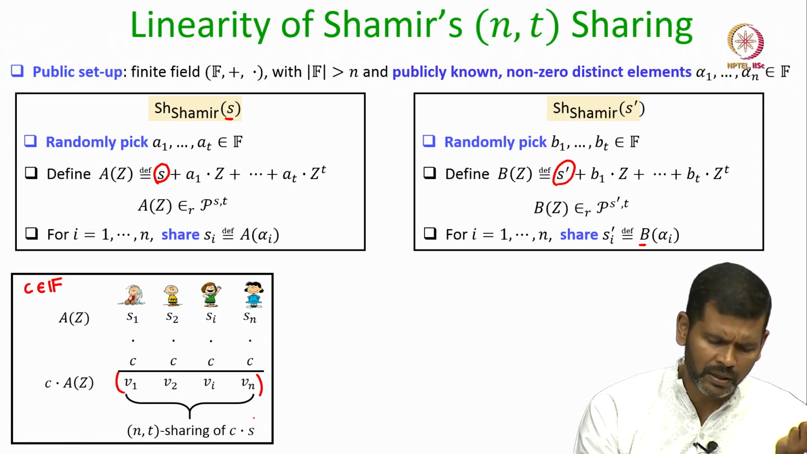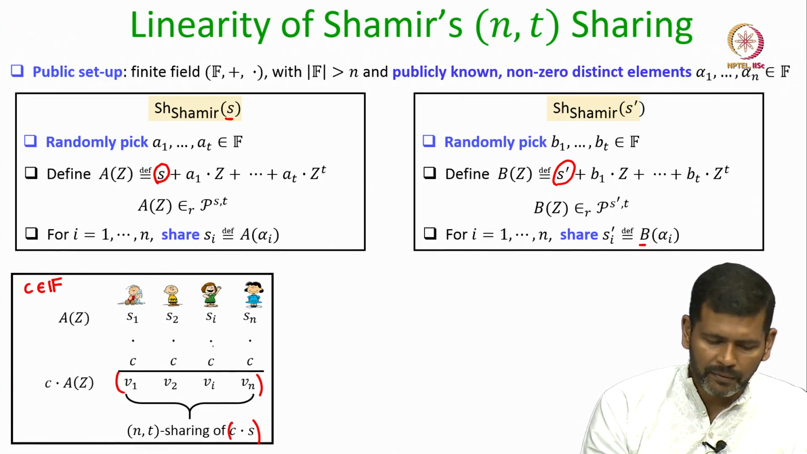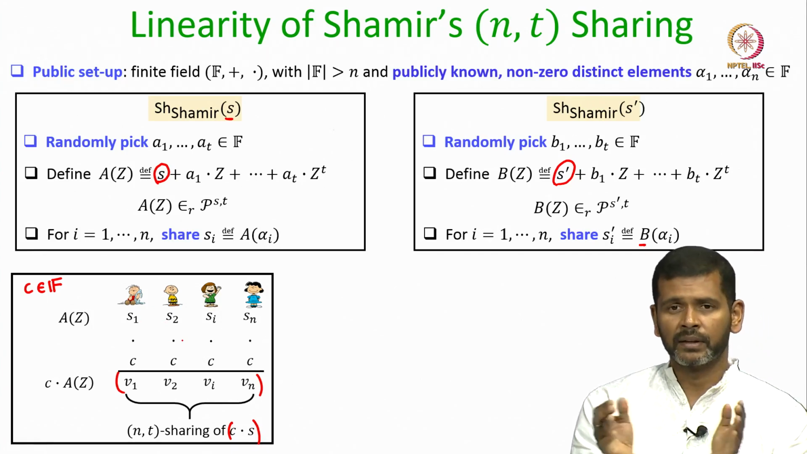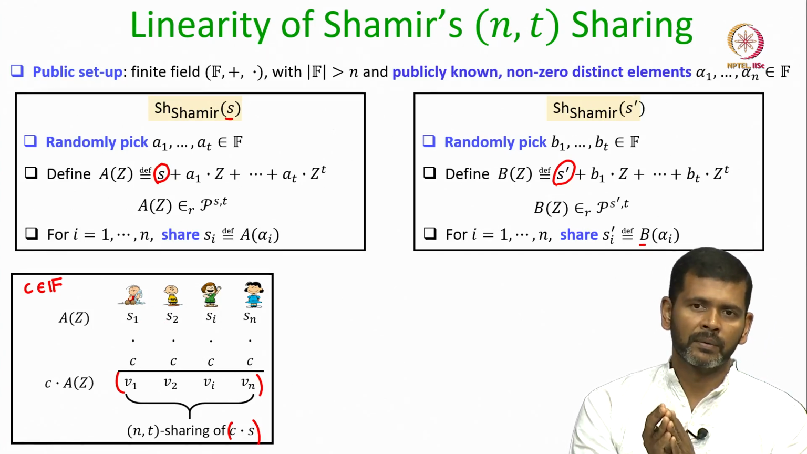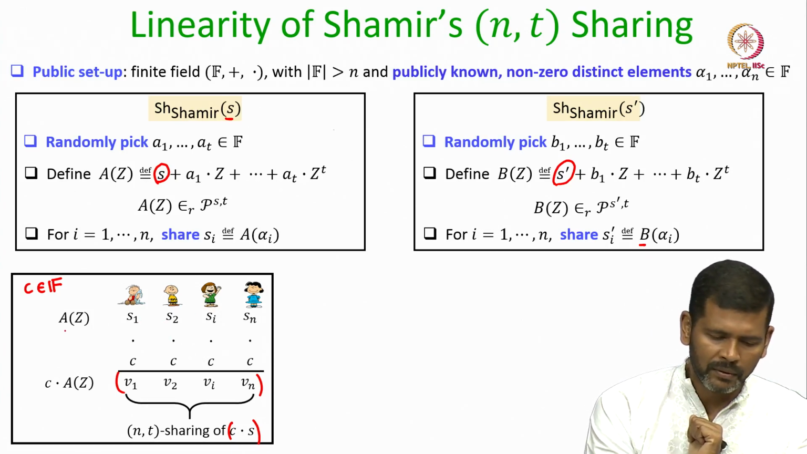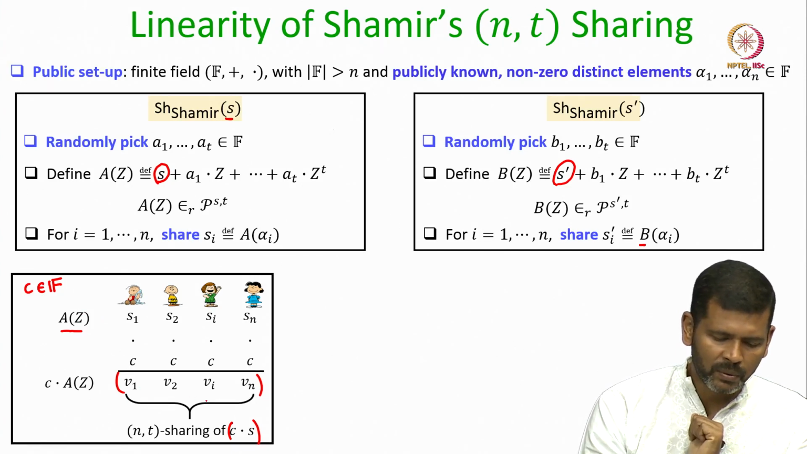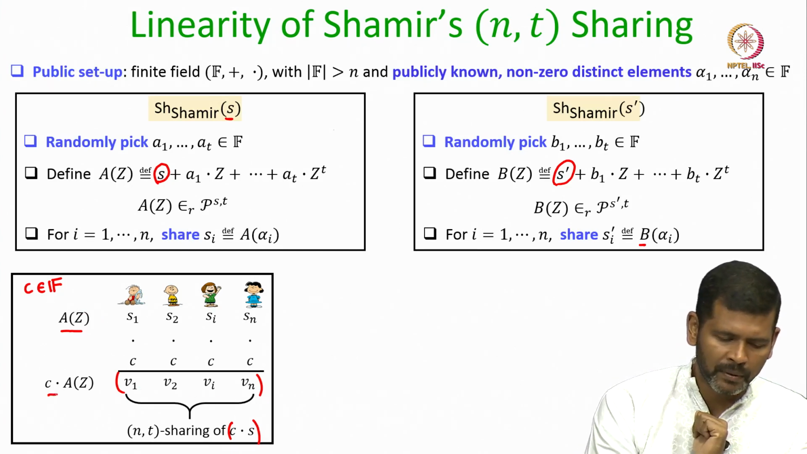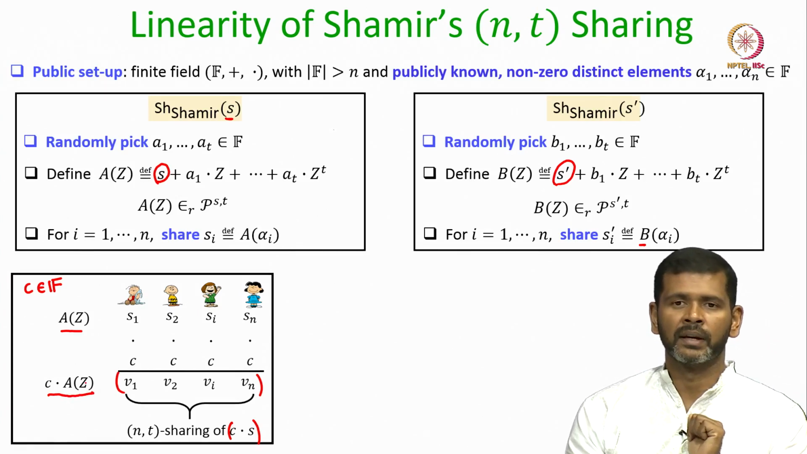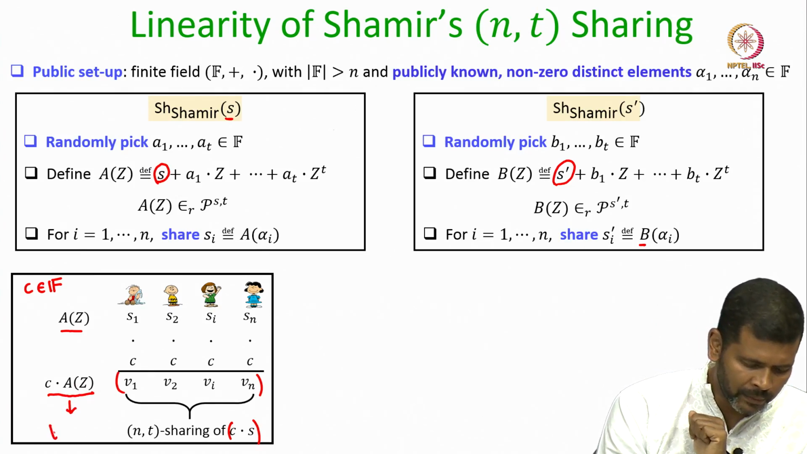It constitutes a t out of n secret sharing for the secret C times S. This is because if S_1, S_2, S_i, S_n constitutes a vector of Shamir shares for the secret S, namely those values were lying on the polynomial A, then I can say that the values V_1, V_2, V_i, V_n lie on a t-degree polynomial C times the A polynomial. So, the C times A polynomial will be a t-degree polynomial,